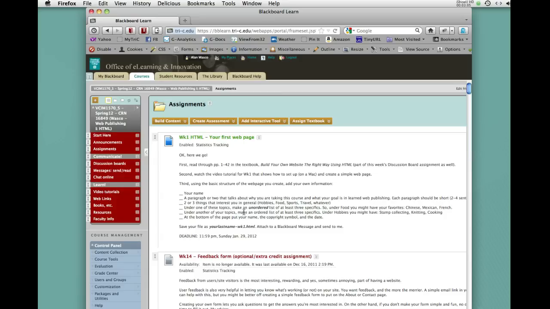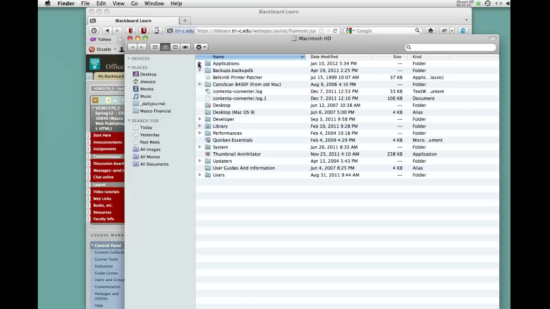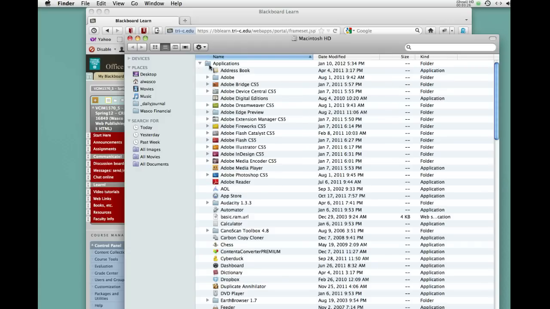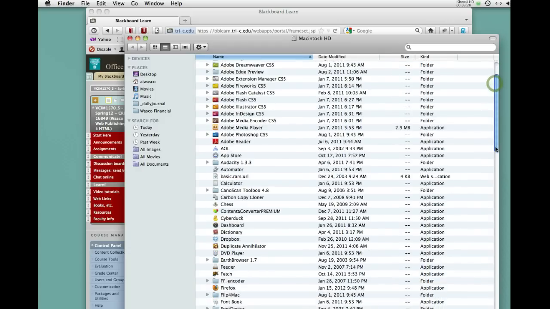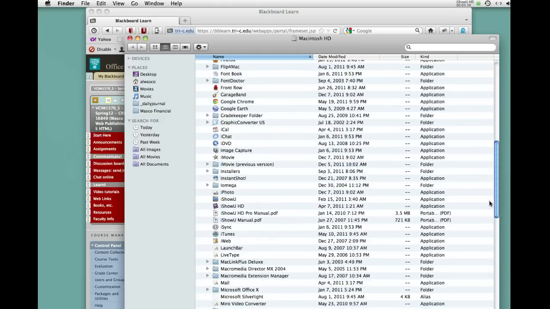So let's get rolling. On the Mac, we're going to use the built-in text editor that's on every Mac, and it's called, not surprisingly, TextEdit. So I'm going to go to the Applications folder, scroll down once it opens up. I have a lot of applications. It takes a little bit. Okay, so I'm going to scroll down